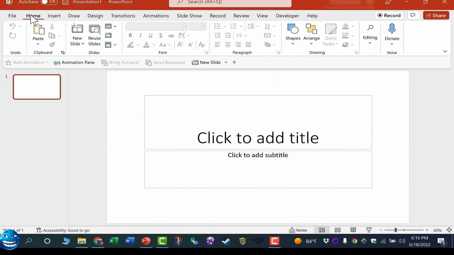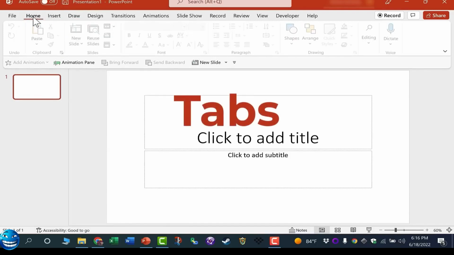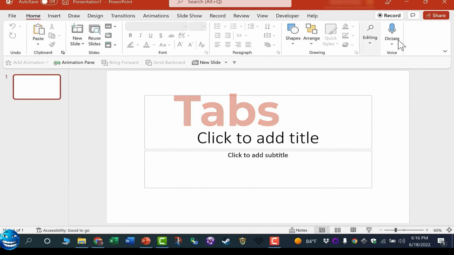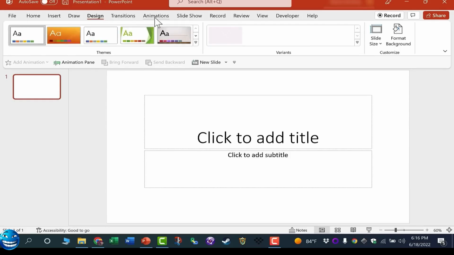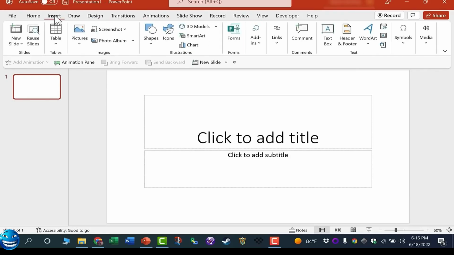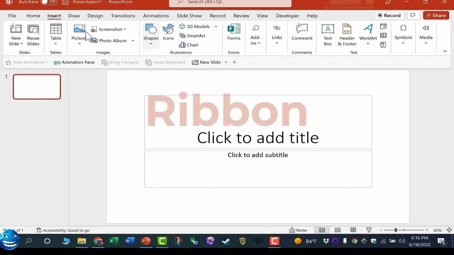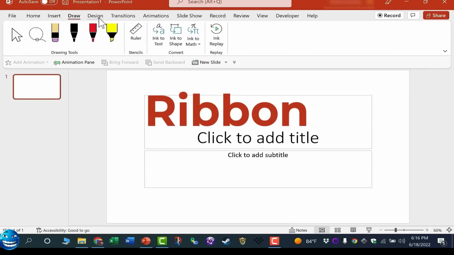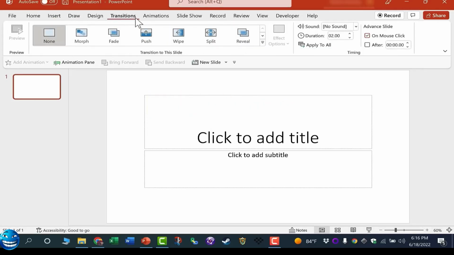If you look at the top of the screen, you'll see that we have several tabs. We have the Home tab, which is one of the most commonly used tabs. We have the Design tab, Animations tab, Review tab, and more. When you click on a tab, the tools that you see here change. This area of the layout is called the ribbon, and there are different ribbons that become visible when you click